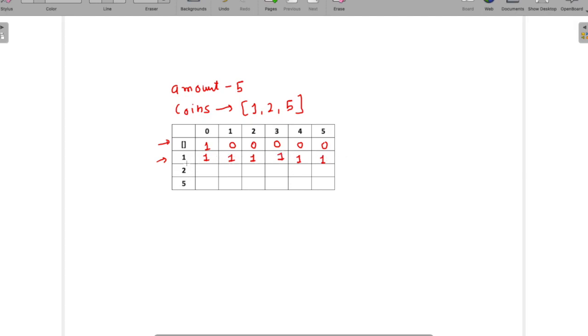Okay, now let's say we have a second denomination as 2. So that means we now have 1 as well as 2 in our denominations. What all possibilities are there? Let's check it out. For amount 0 it is going to be the same. We do not have anything to do for 0 amount, so we'll put it as 1.